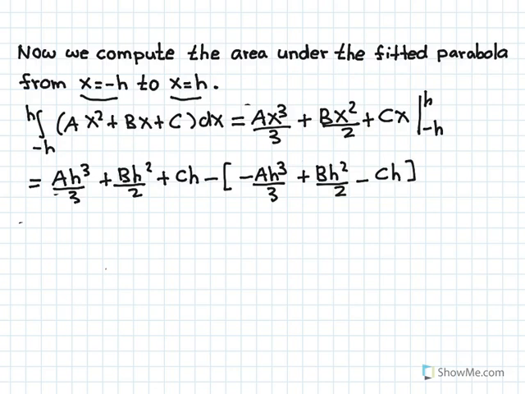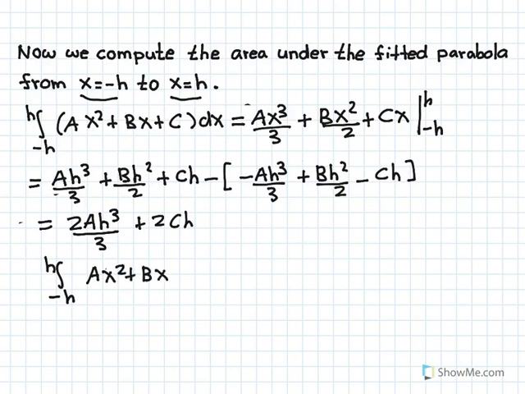Now let's subtract these, distributing the minus sign, and when it's all simplified, we get 2a h cubed divided by 3 plus 2ch. So what we have shown is the integral from minus h to h of ax squared plus bx plus c with respect to x is equal to 2a h cubed divided by 3